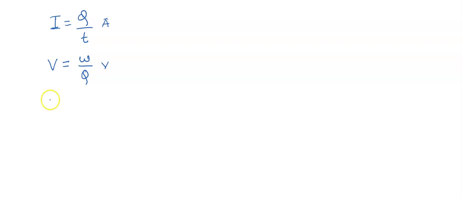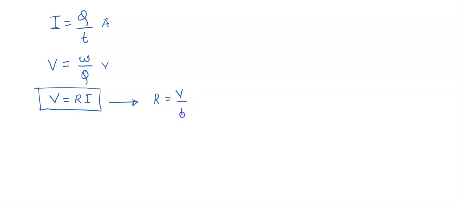That is Ohm's law. Based on Ohm's law, the potential difference is equal to R into I. See children, this one formula will give you one more new formula. From this formula only we can make one more formula, that is R is equal to V by I. Is this clear? Understood? Again, R is equal to V by I.